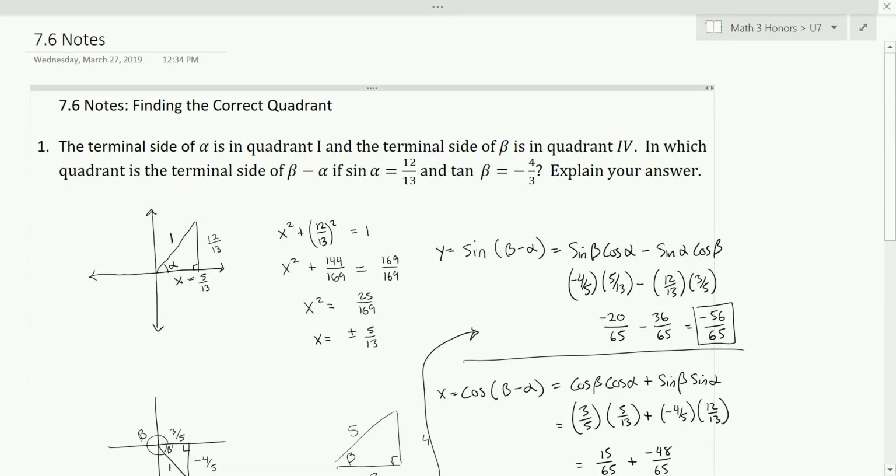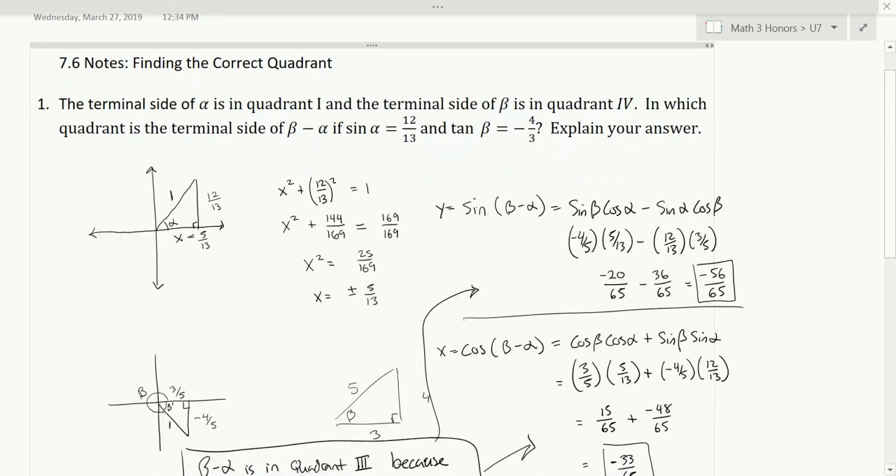So just to recap where we were, we're given some information about alpha and beta, two angles. From that information, we find out what quadrant they're in. We can build triangles, and we use the Pythagorean theorem to do that. And then we're asked to find out, like in this example, where is beta minus alpha. I don't even know what those two angles are, but if I subtract those two angles,